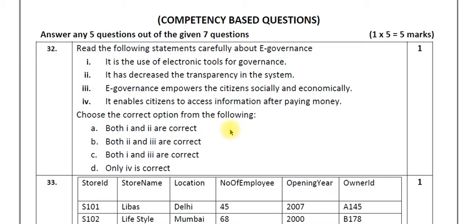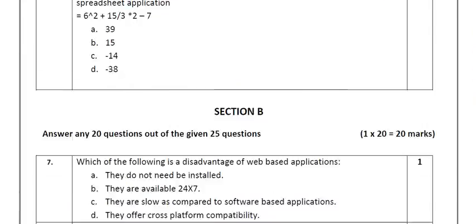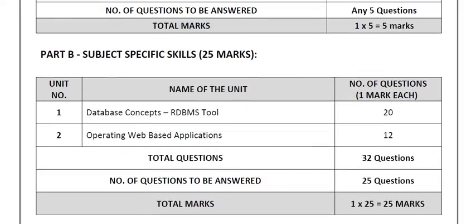Read both the chapters properly, and unit 1 has more marks, 20. As you can see, it was given in this particular part. There are going to be 20 marks from over here and 12 from operating web based applications. So you have chances of getting good marks from this database concepts chapter. Study the chapter properly, thoroughly study the particular commands, and even keep in mind a little bit the procedure of installing SQL. Just keep in mind what are the steps, what steps should I do, what steps are being shown. Just keep in mind those steps.